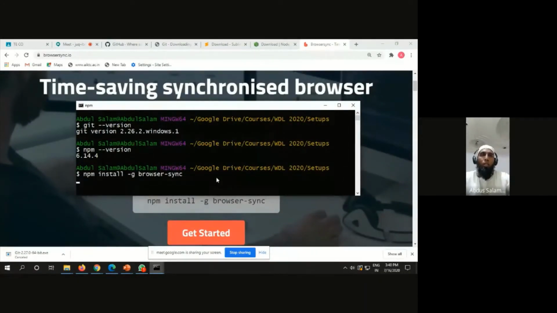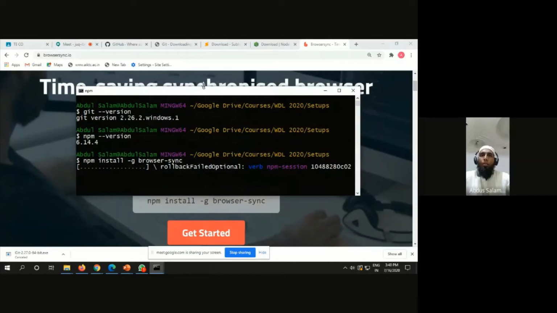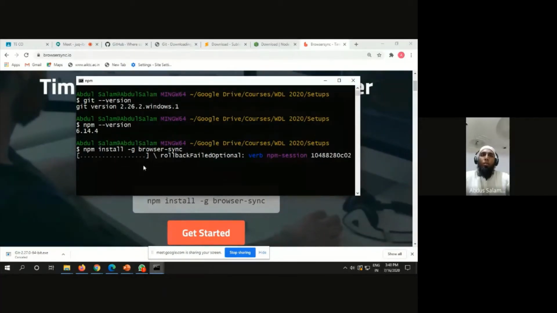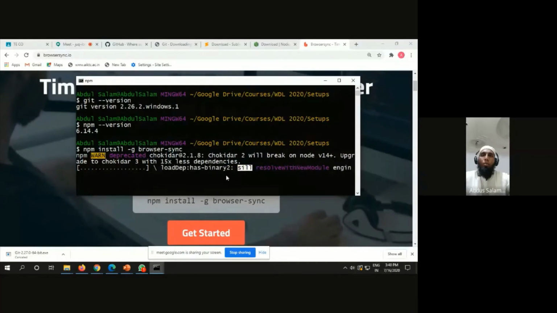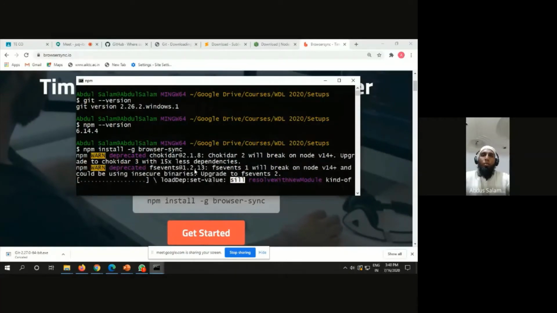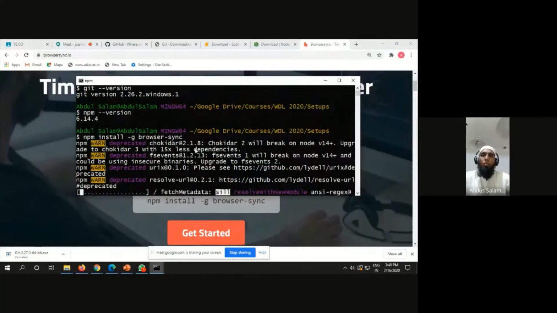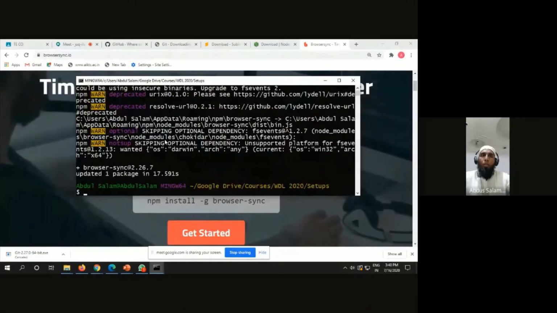I've already installed this, so maybe it can update or it can tell me that it's already there. Okay, so browser sync is already updated.